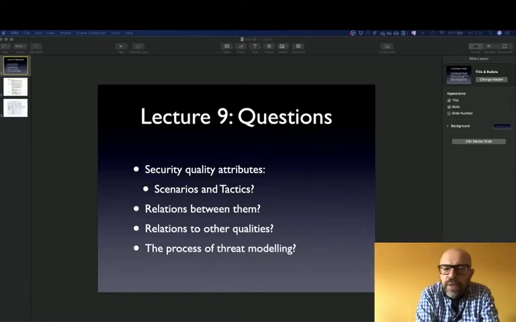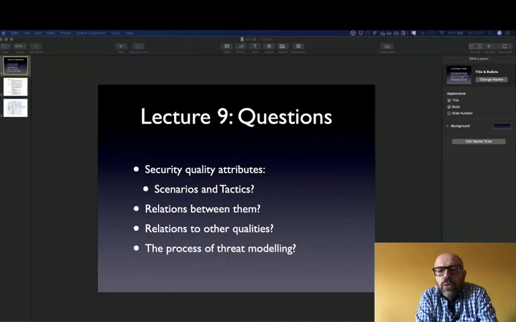Hello. For class number 8, we are going to study the security quality attribute. As we have been doing for each one of these attributes, I want you to learn about what the scenarios are, what the general scenario is, so what are the typical cases that you need to identify when you describe